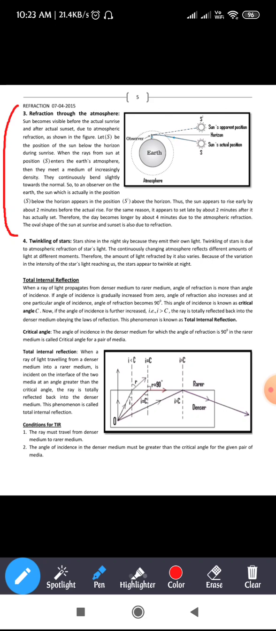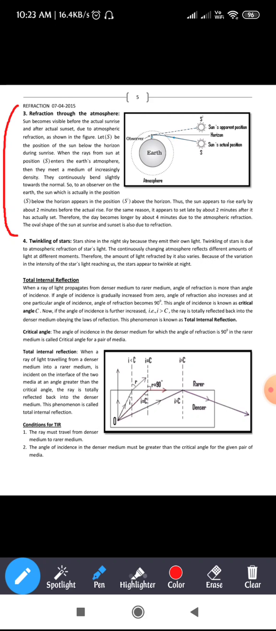The oval shape of the sun at sunrise and sunset is also due to refraction. As you know, when you compare day and night, the day comes out to be a little bit, 4 minutes, longer compared to night. Why is that? It is due to atmospheric refraction. As you know, the sun rays which are entering the earth's atmosphere,